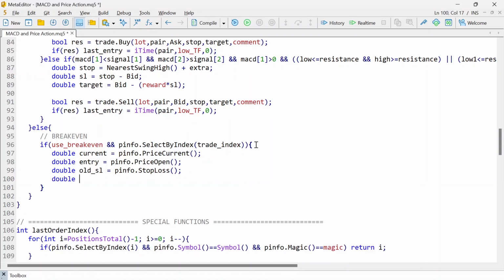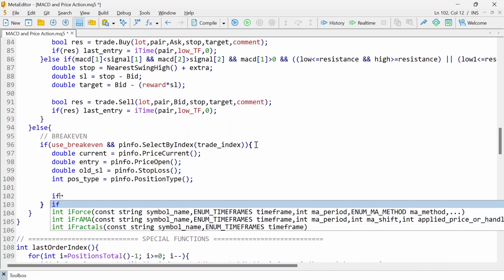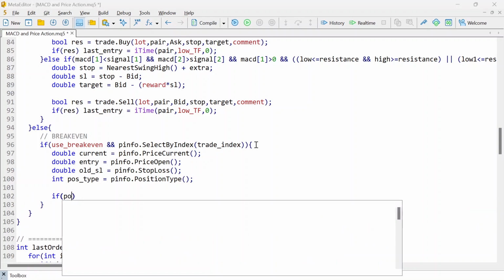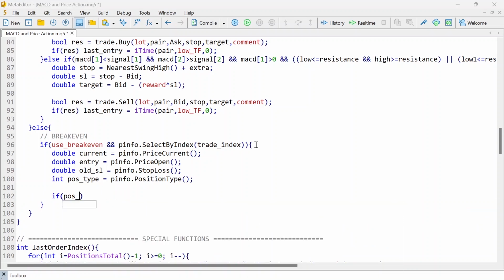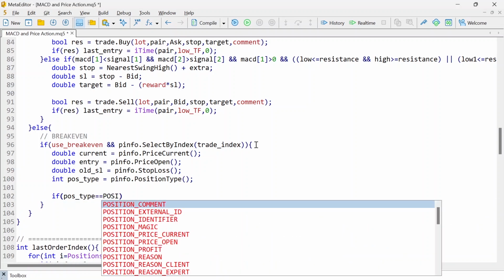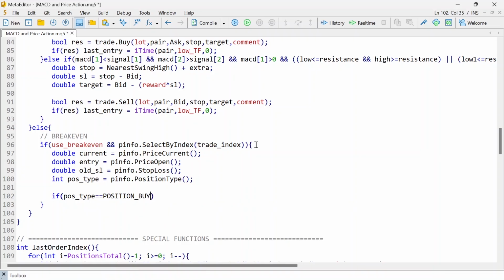Also, I would like to know the position type, which is this. Now, if we are dealing with a buy position, position type buy, and